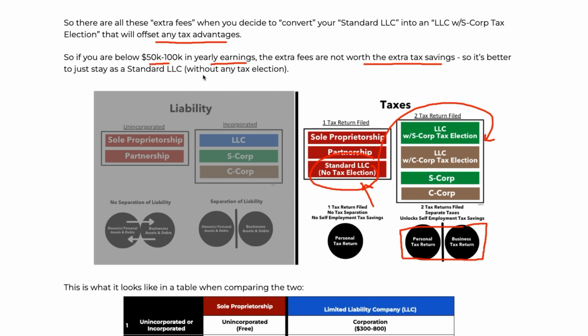And then as your business earnings get above $50,000 to $100,000, then you know what? You're going to save enough on taxes that it's worth it for you to be able to mess with all of the complexity that comes from this category over here. Does that make sense? I hope so. Again, we're doing our best to make this as simple as possible. I know it is not an easy topic. I know it's not an easy subject.